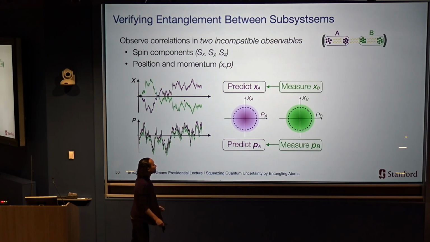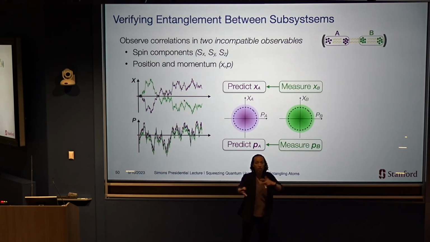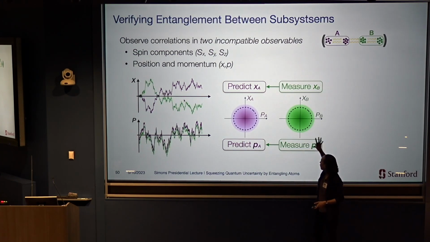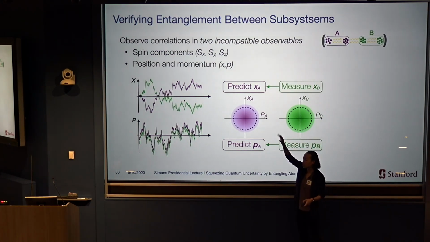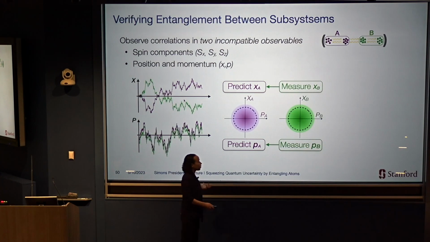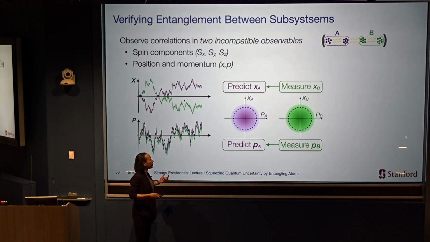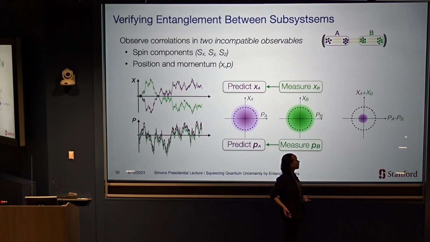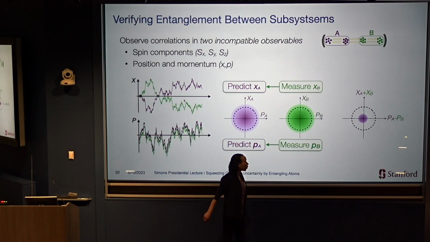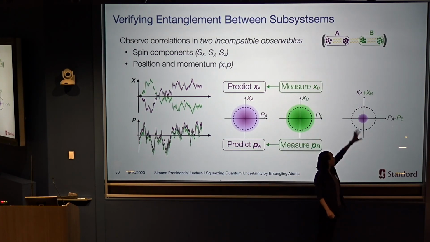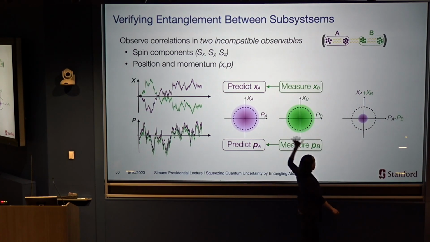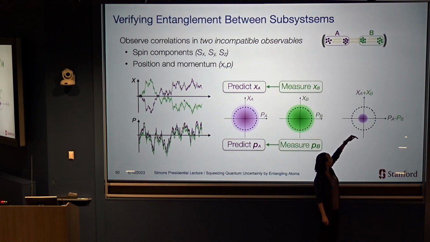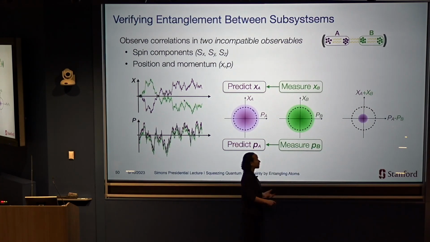If I can make that type of system, then I could have this weird scenario where even though both position and momentum are fundamentally unknowable simultaneously in this subsystem, if I measure this one, I can determine either the position or the momentum exactly. Hopefully that is a bit counterintuitive, right? It tells us there's again these sort of correlations in the randomness. I can prove that there's entanglement if I can measure those in two incompatible observables. Another way to say that is I can't know the position or the momentum of system A alone simultaneously, but I can know the sum of the positions and the difference of the momenta simultaneously